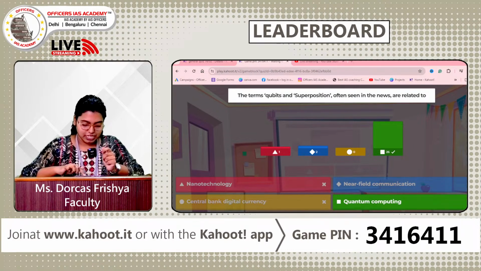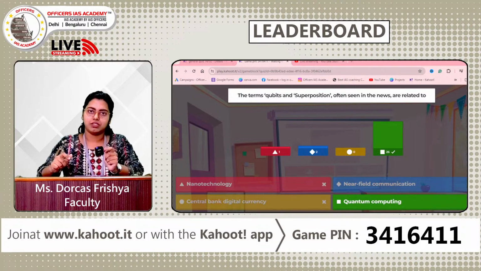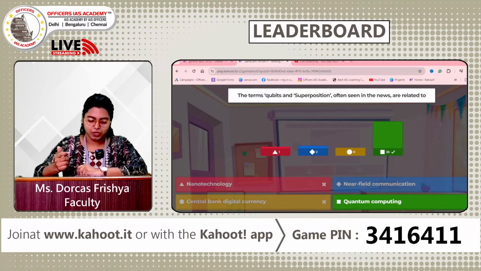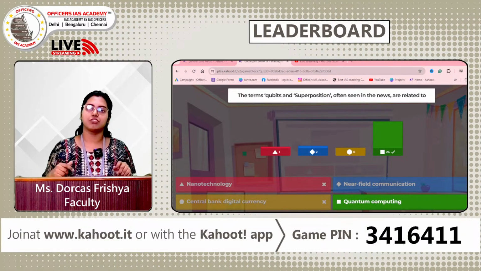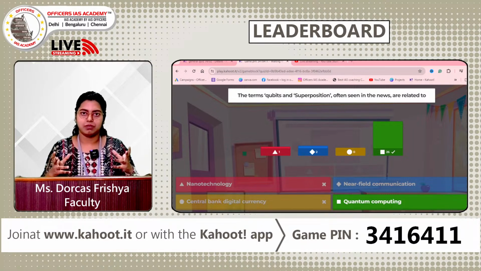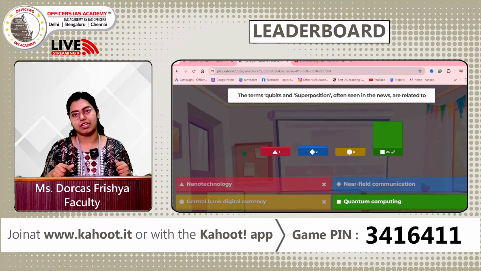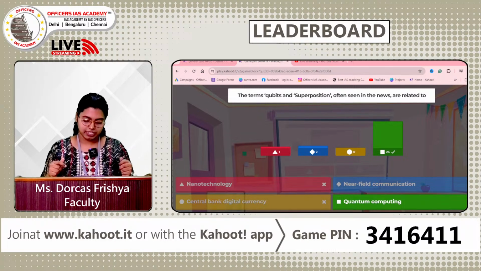Okay, and when you look at the other option, that is nanotechnology, everybody knows what nanotech is. It's a small device as compared to others, which is used to manipulate any kind of matter. Okay, and the other thing is near field communication, that is option number 2. Now what does that mean? It basically means a protocol which enables communication between two or more electronic devices which are comparatively close. Approximate distance would be 4 centimeters or less. So when you need to connect or communicate between two devices, this particular technology is being used.